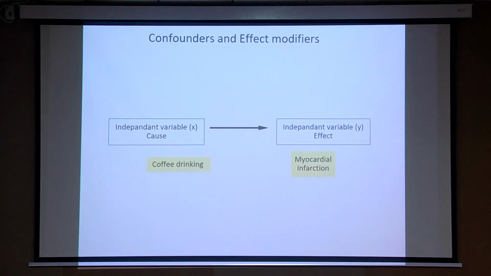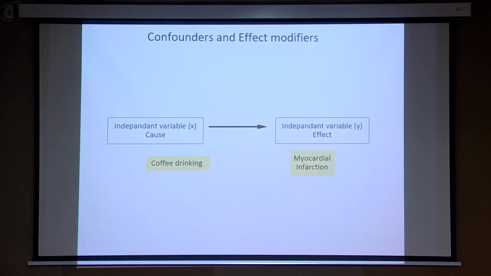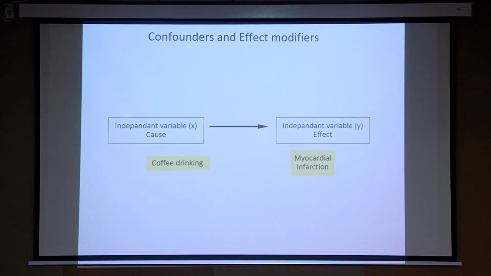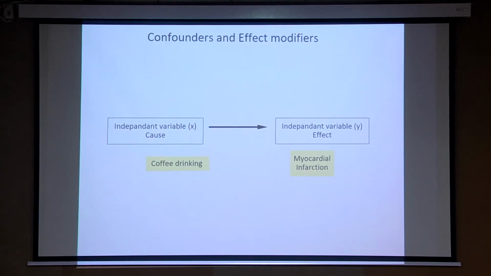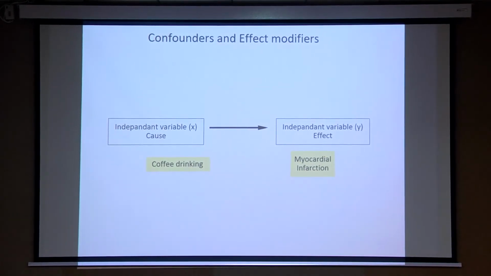So coming to confounders and effect modifiers, this will take only 6 or 7 slides. I will try to run through it. So regression is very effective in finding out confounders and effect modifiers. You will be fond of regression after this session. Though you will be afraid now, later in your life you will have a liking towards the regression equation. You will be very much interested.